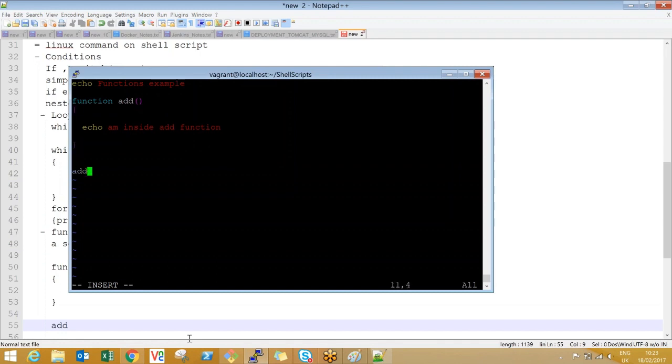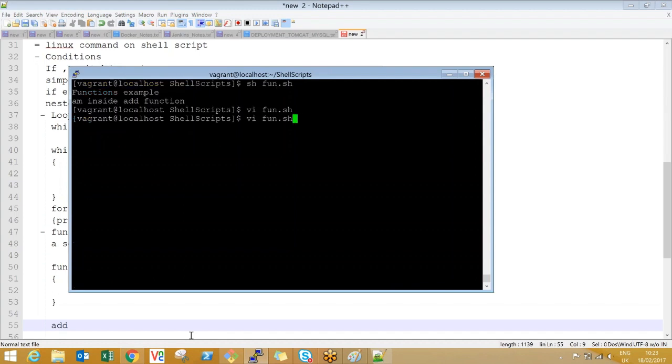Then call add function. That's it, simple. I'm just calling the add function now. Is it printing I'm inside add function? And look at this, guys. Suppose I call this add function from the beginning. Now let's see whether this executes fine or not.